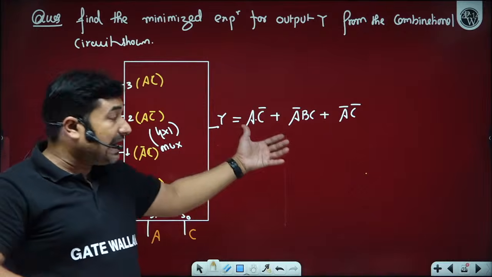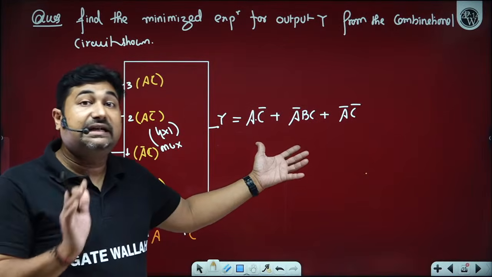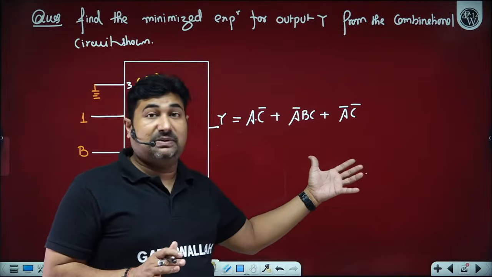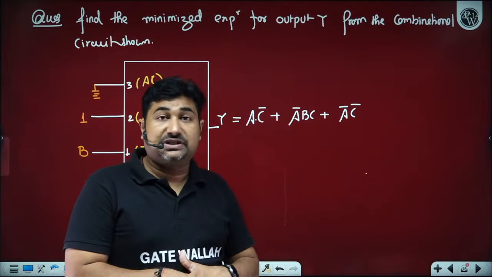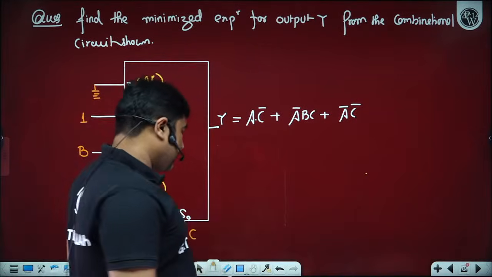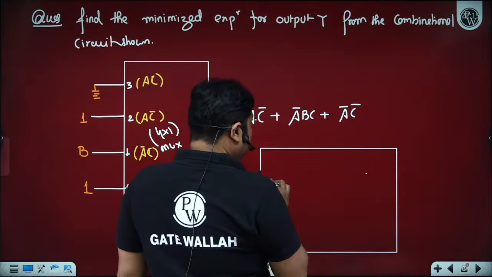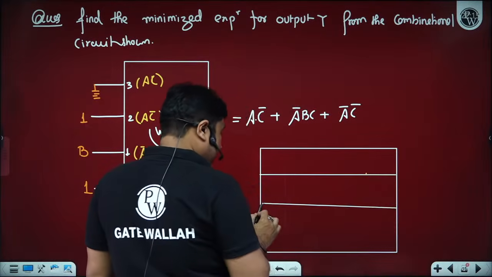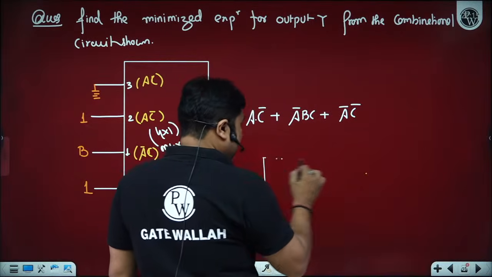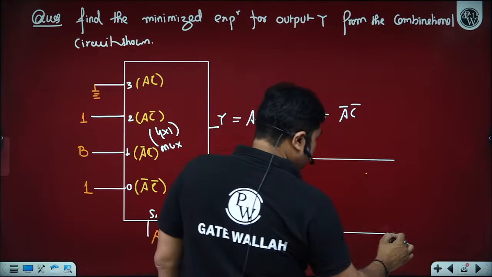Now, this is neither a minimal nor a canonical expression. A multiplexer may give an intermediate expression. In order to understand what actual function is implemented by the multiplexer, we need to write a canonical expression, and to find the minimal, we can go with the K-map. So it is best to go with the K-map, because the K-map shows all the possible minimal, canonical or intermediate expressions. Is it okay? So we have two variables. So design a K-map for the minimization or for identifying the canonical expression as well.